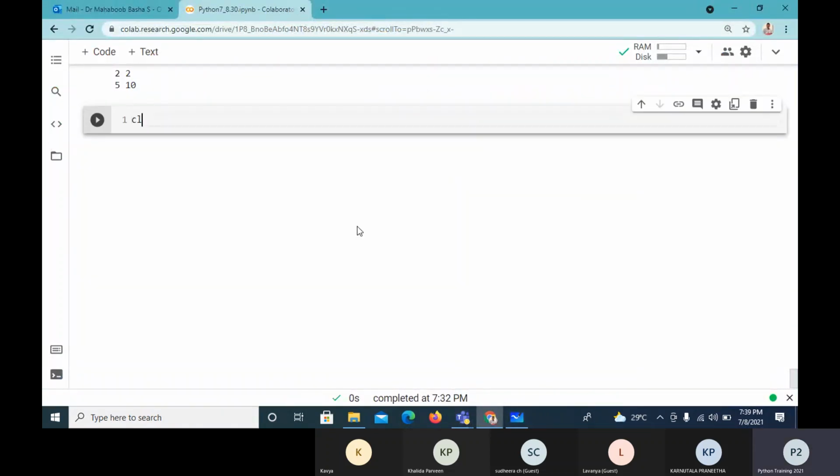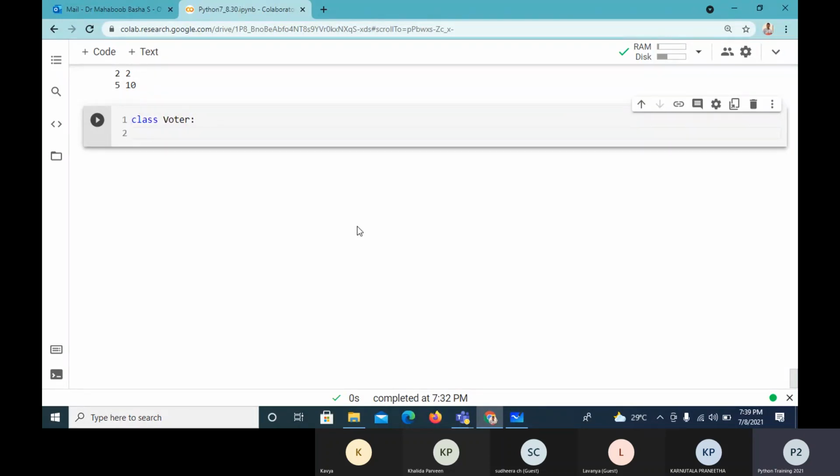I just want to create a simple class called voter. In voter, I want to know the number of registered voters, just how many are registered, I want to maintain. To avoid a lengthy name, I'll just say number of voters.